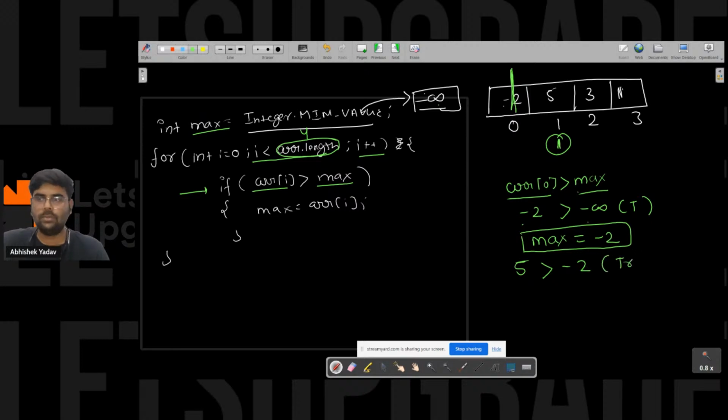Yes, it is true. So you will move inside the if condition and execute this line, that is max is equal to ARR of I. So now you got the new maximum value, that is 5. Okay, so till this point the maximum value is what? 5. So you will move to the next